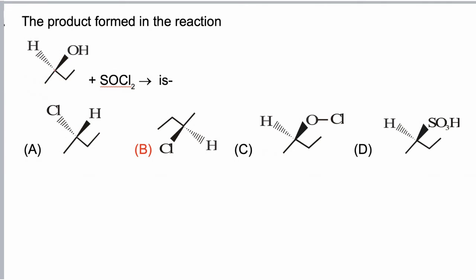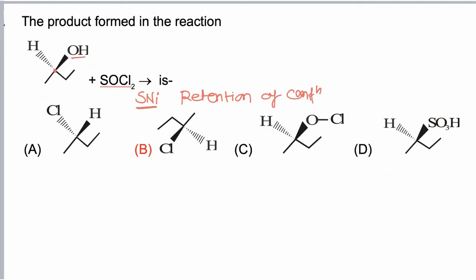In this question we have to find the product of the given reaction. The molecule taken is chiral. On reacting with SOCl2 in absence of pyridine, the reaction takes place via SNi mechanism, due to which retention of configuration is observed. If before reaction the configuration is R, then the product will also have R configuration. If the reactant has S configuration, then the final product will also have S configuration.